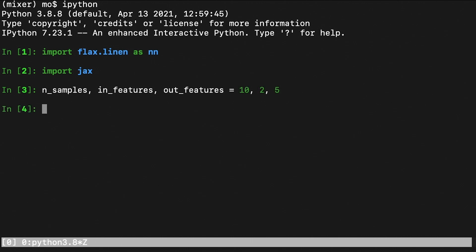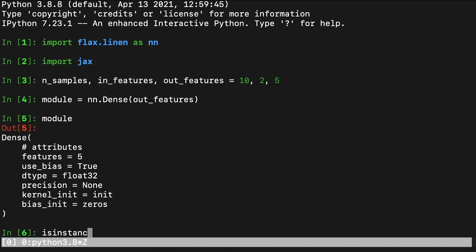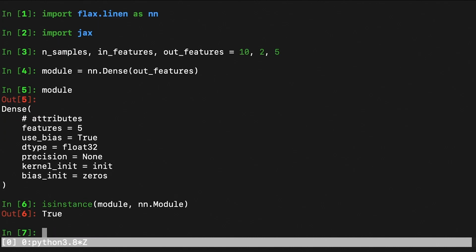Let us now instantiate a dense or a linear layer. Since we only provide the output features when we construct the dense layer, there will be a need for shape inference. Note that Flax modules are fundamentally different from Torch ones because they are not stateful. That means that constructing the dense module did not actually trigger any initialization of weights. This initialization needs to be done separately. And I guess this is in line with JAX's philosophy of being functional.